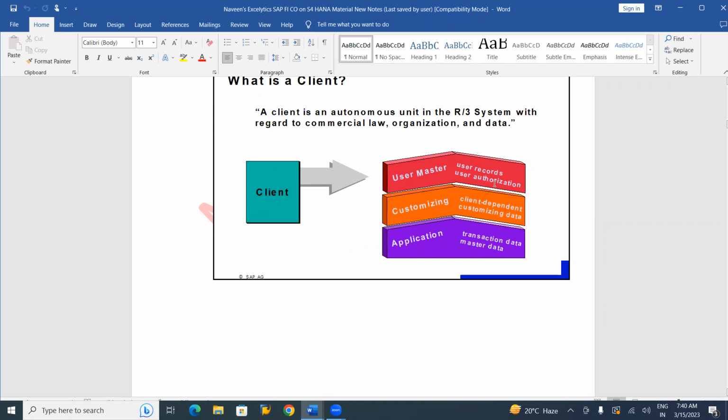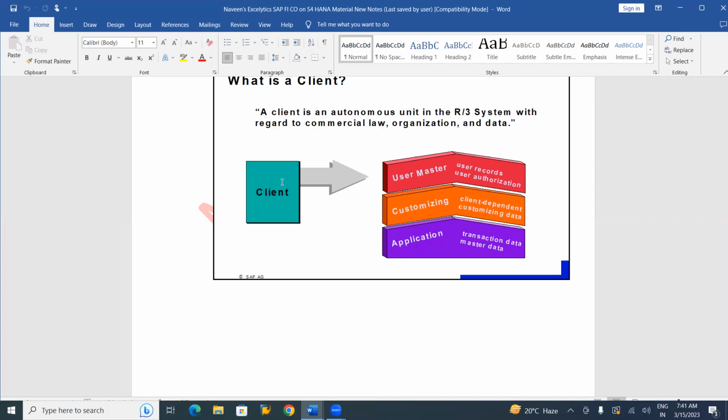So as soon as you join the organization and start working as an end user, you are assigned a particular company code and you need to post invoices, for example. Then they will give you system access, and in that, one particular client access. Your personal data, your accesses, all your user records, everything will be mentioned in this client environment.